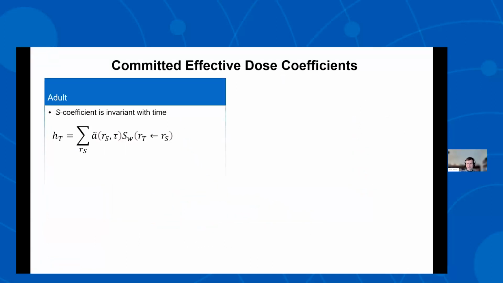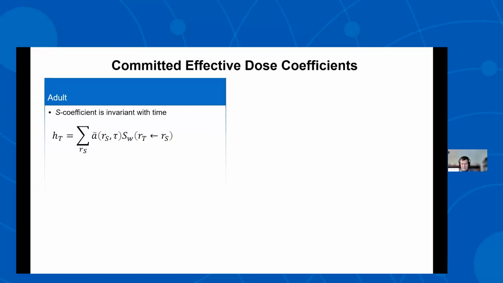All right, so back to our dose coefficient calculation. In the adult, the S coefficients are constant with respect to time. So as our adult ages, nothing changes about the S coefficient. That makes our calculation a little bit simpler. The only quantity requiring integration is the activity, which we went through a little bit earlier. So to get the committed equivalent dose to a target, we just sum the product of the 2 terms over